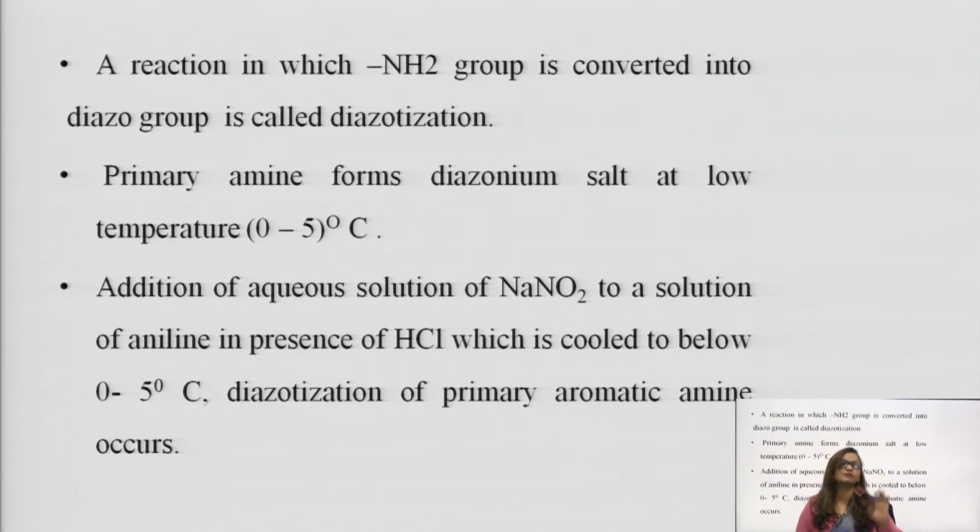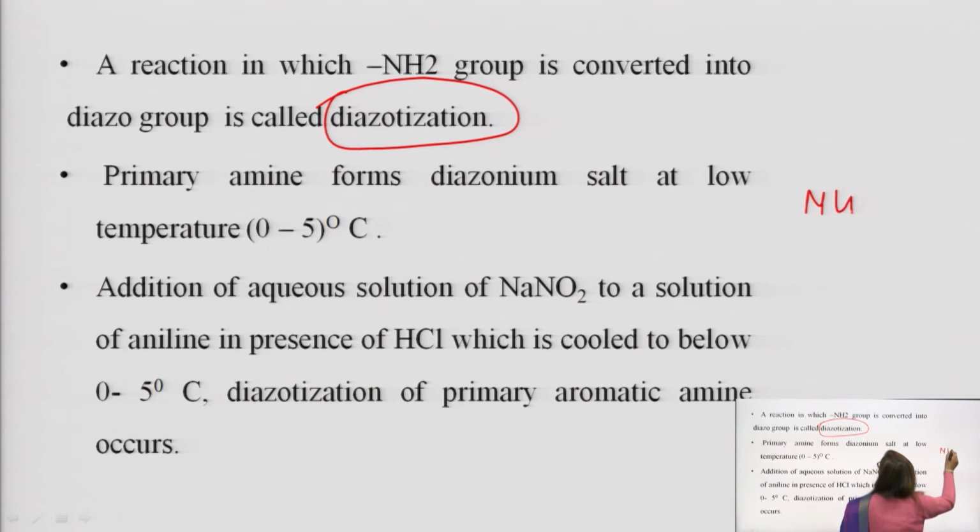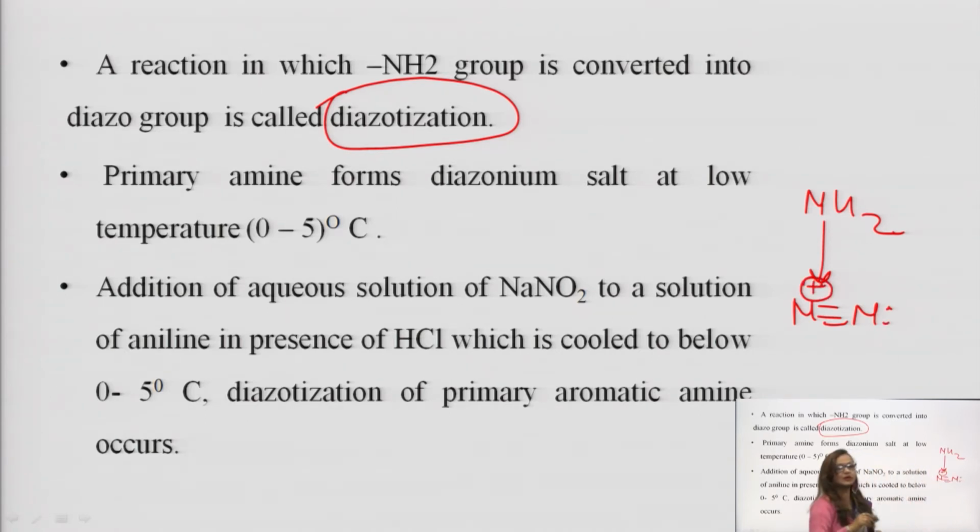This slide is very important because it has some terminology. The term is diazotization. The question is, what is the meaning of diazotization? The simple meaning of diazotization that you should keep in your mind, in detail I will tell you in a later slide, but for diazotization the one thing you have to keep in your mind is, when any NH2 is converted to diazo group, the process is known as